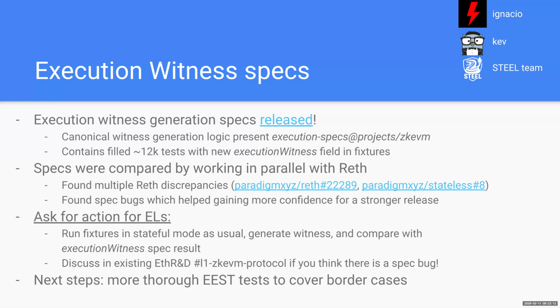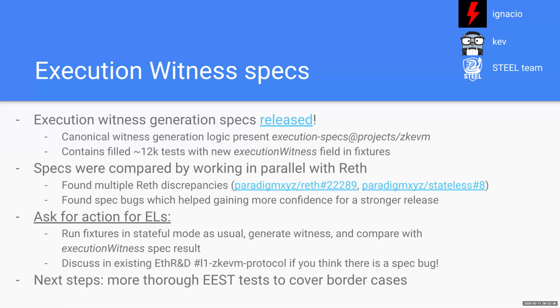And this release basically has the first complete specs for this canonical witness generation logic, plus around 12,000 fixture tests, which now has this new execution witness field that contains the execution witness for each existing test